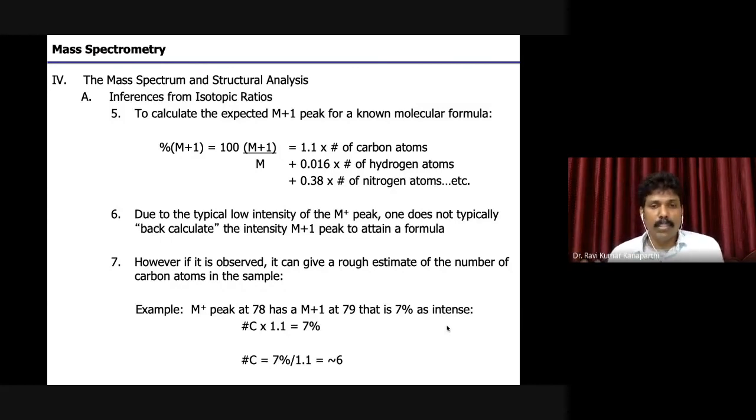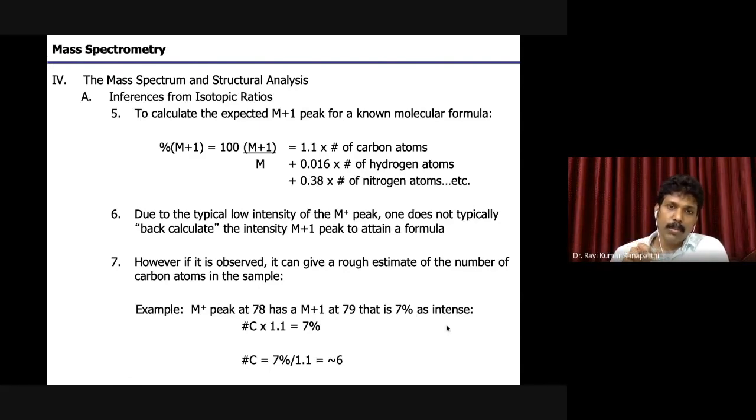So please remember this. Now, why I'm saying all these things is that the m+1 peak actually indicates, provided that you don't have other elements and only carbon and hydrogens are there, then it is fairly easy to understand that in the case of ethane, you just remember that the relative abundance of the m+1 peak is 2.2.